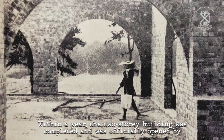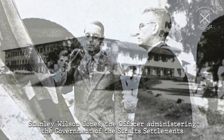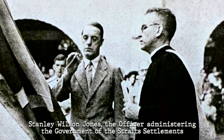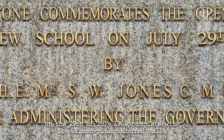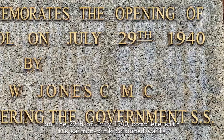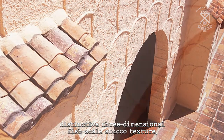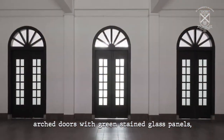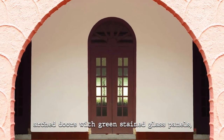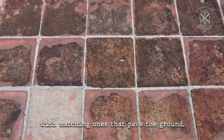Within a year, the 2-story building was completed and was officially opened by Stanley Wilson Jones, the officer administering the government of the Straits Settlements, on the 29th of July 1940, complete with its salmon-pink coloured walls, distinctive 3-dimensional fish-scale stucco texture, arched doors with green-stained glass panels, with the roof covered in handmade terracotta tiles with matching ones that